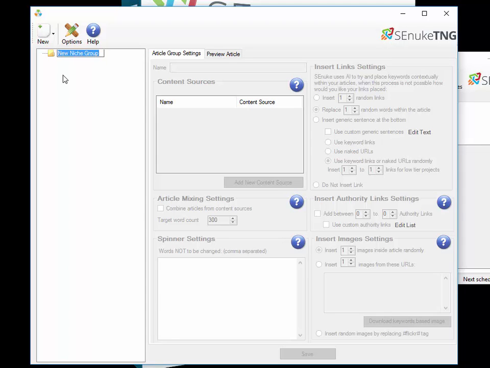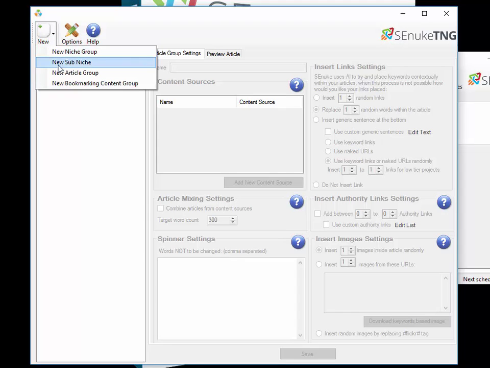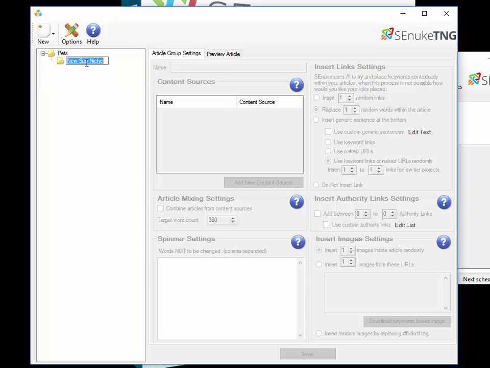Now we've been doing dog training, but I'll for instance just call this one pets, so we can get a full example going through. So pets is our main niche, and so under pets we could have dogs and cats and various other animals, and those will be the sub-niches. So we're going to have dogs